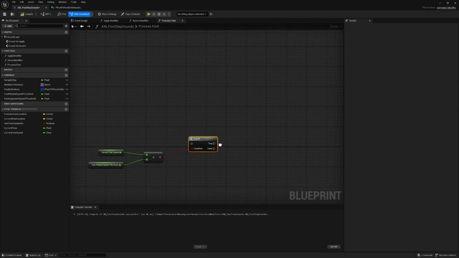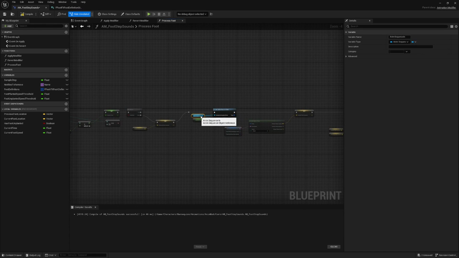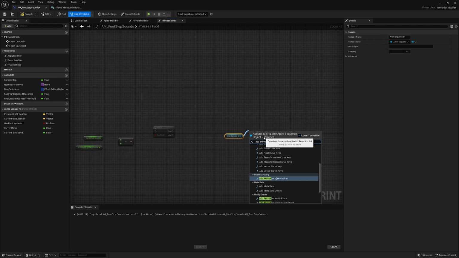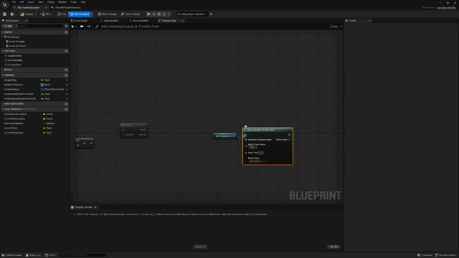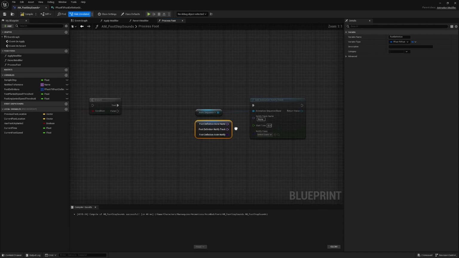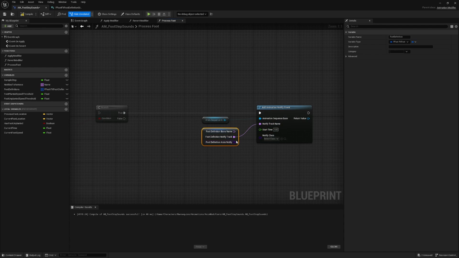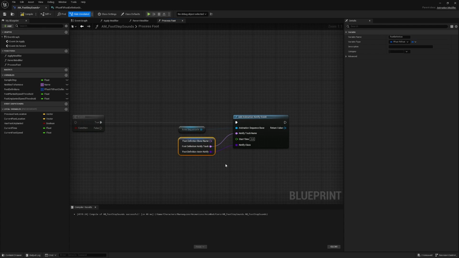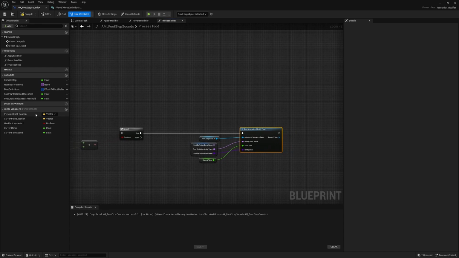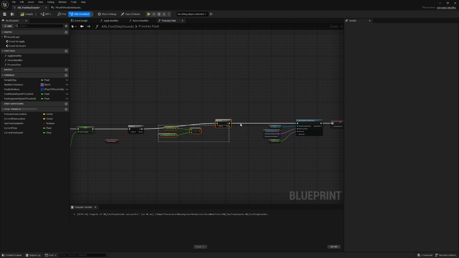Then we are going to add an animation notify event. I'll grab our anim sequence input, drag out from it, and search add animation notify event. I'll go ahead and grab our input struct for our foot definition, and I'll plug the track name input in and the foot definition in as well. And finally, I'll get our current time variable and plug that into the start time. Finally, we've determined that the foot is planted, so we need to set has foot unplanted to false. I will connect up this branch to the true value of the previous one